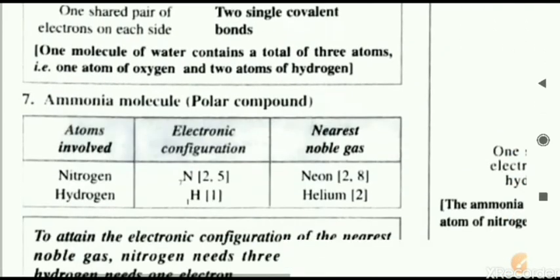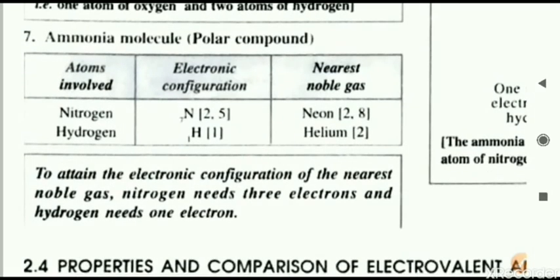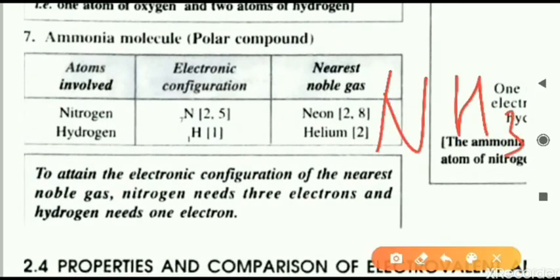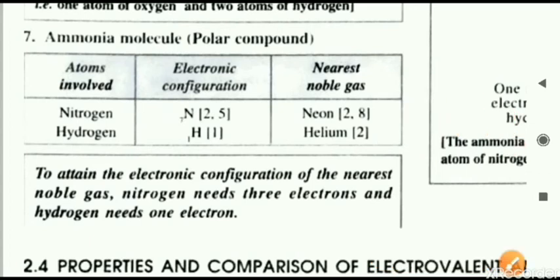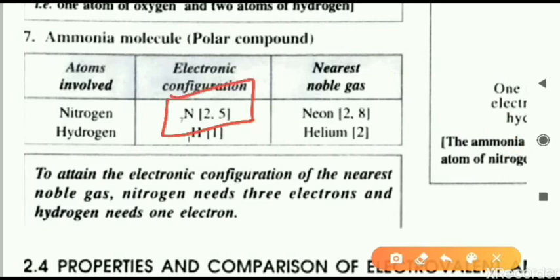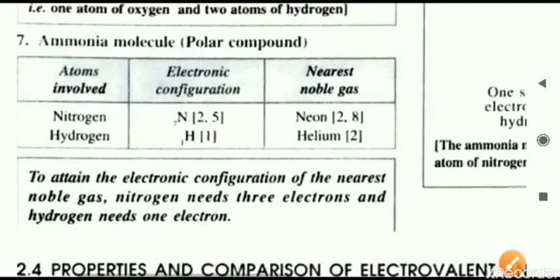Another one we will see now, the last one, that is the ammonia molecule. Ammonia is NH3, that is, nitrogen forms 3 chemical bonds with hydrogen atoms on 3 corners. Let us see the configuration. Nitrogen's atomic number is 7, that is 2,5, and it needs 3 electrons to be like the nearest noble gas neon. On the other side, hydrogen tries to complete the duplet to form a helium-like atom. So let us see now the formation.